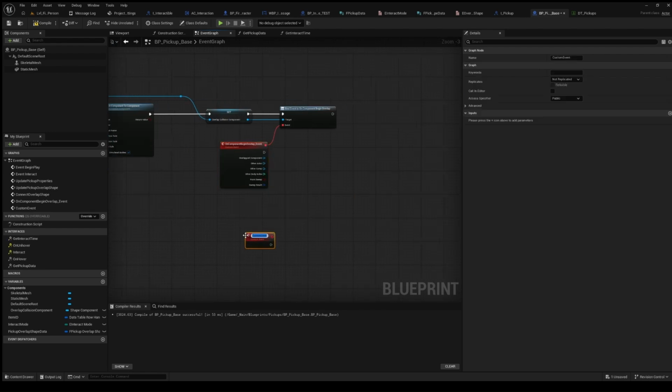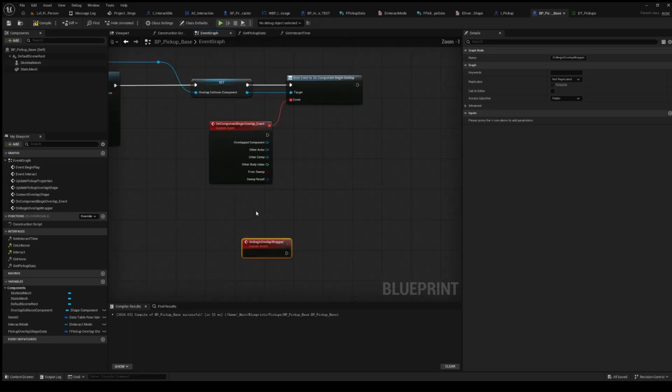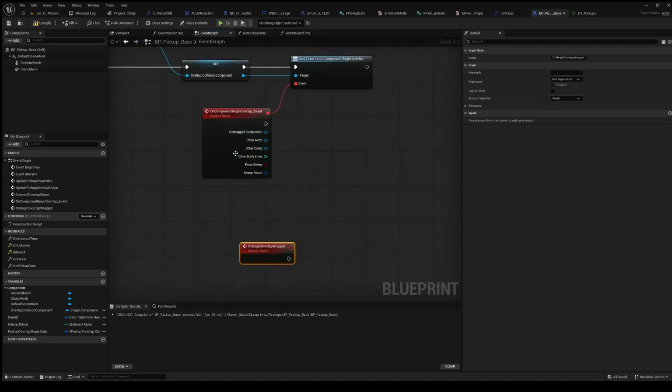I'll create a custom event and call this on begin overlap wrapper, and the inputs should be a primitive component, which is going to be called overlap component, primitive component, then an actor reference, which should be called other actor,